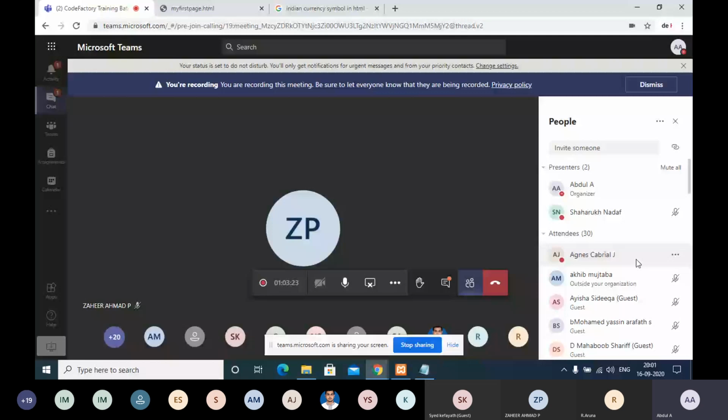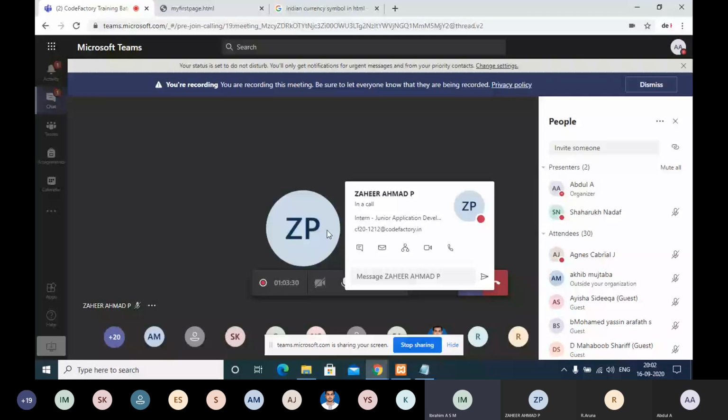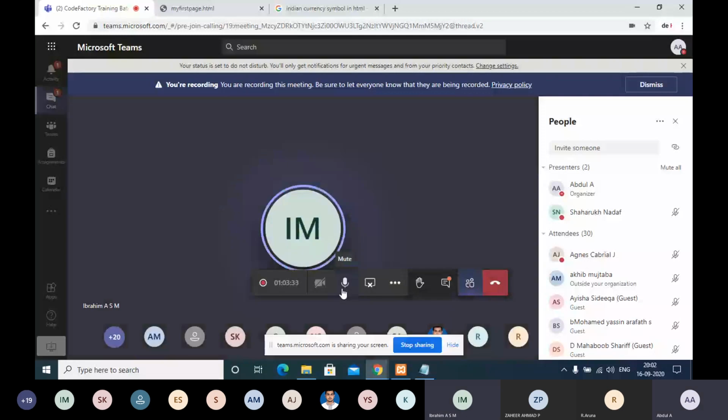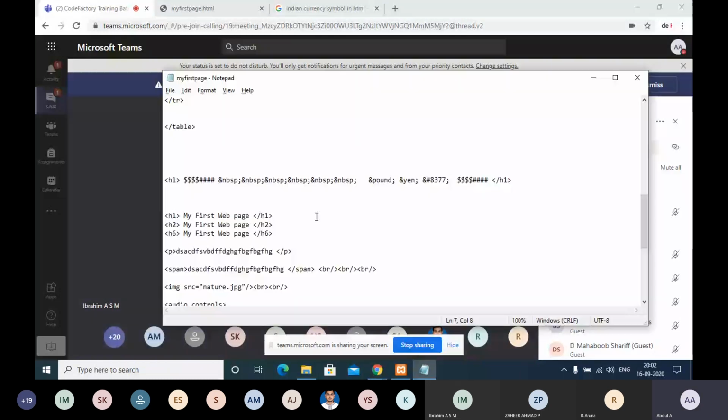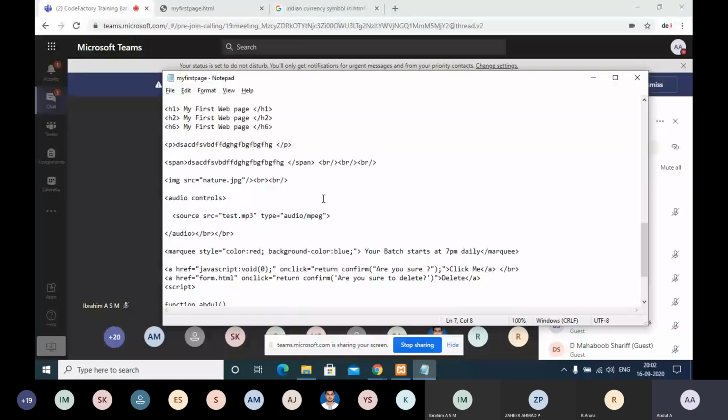Sir, can you tell me the audio tag, sir? How to insert the audio tag? Yeah, that part we already covered, no? So that will come under the audio tag only, but we need to insert the source. The audio tag, even controls we don't need, but if we want to include some controls, we can.